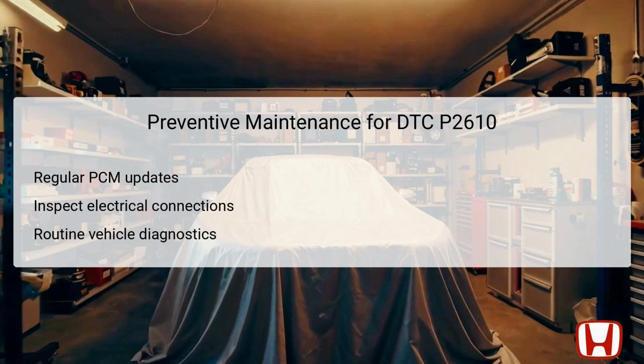Moreover, routinely inspecting electrical connections associated with the PCM ensures there are no corroded or damaged connections, as these can lead to communication problems that trigger error codes. Engaging in routine vehicle diagnostics can help catch potential issues early before they lead to more severe problems. By implementing these preventive measures, you can reduce the likelihood of seeing DTC P2610 in the future and keep the